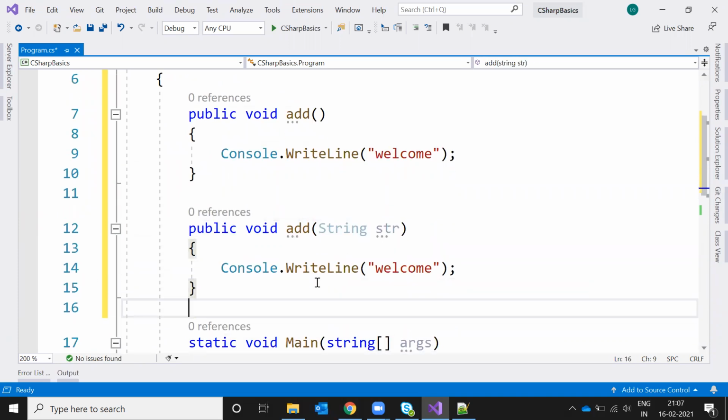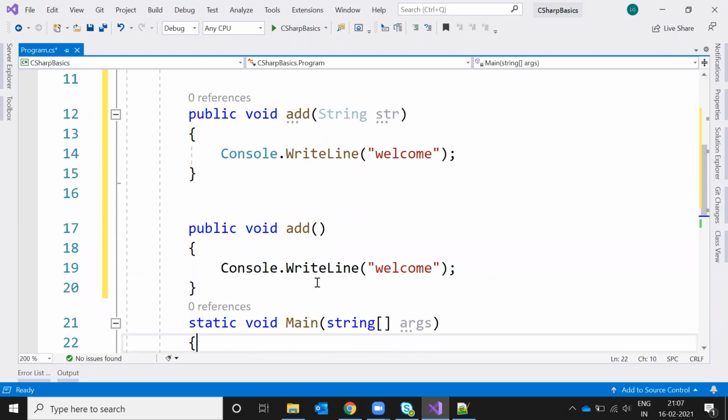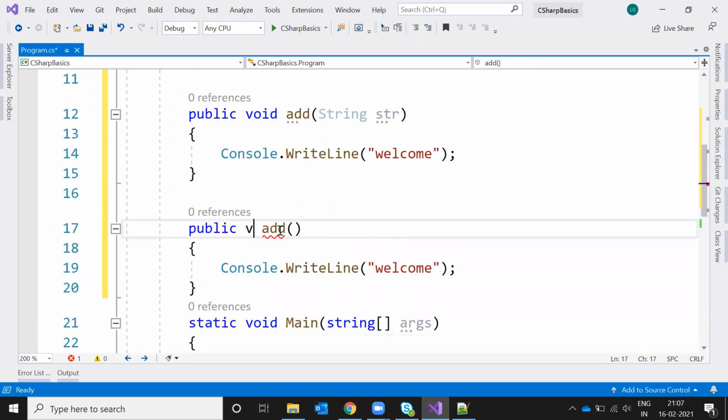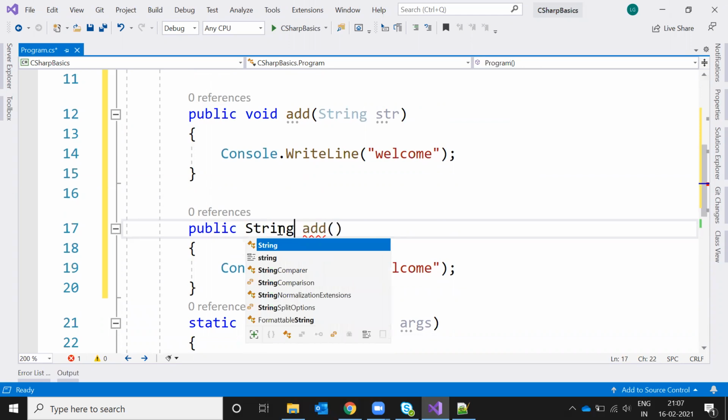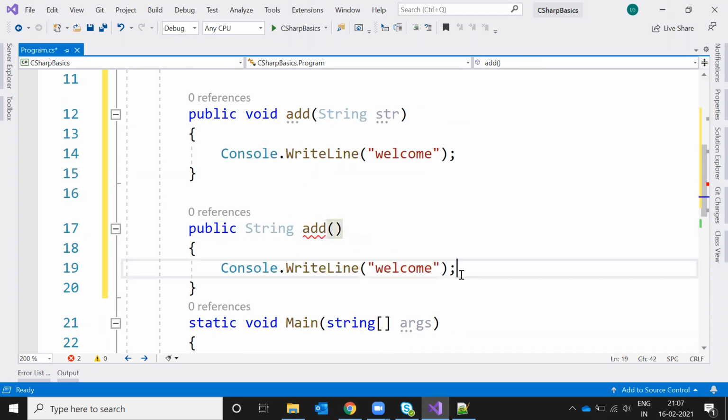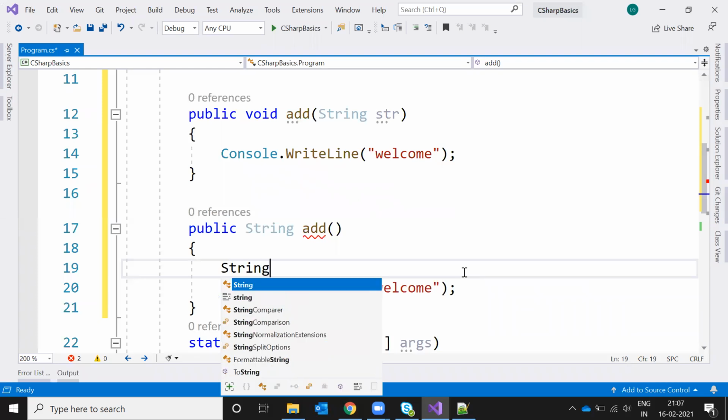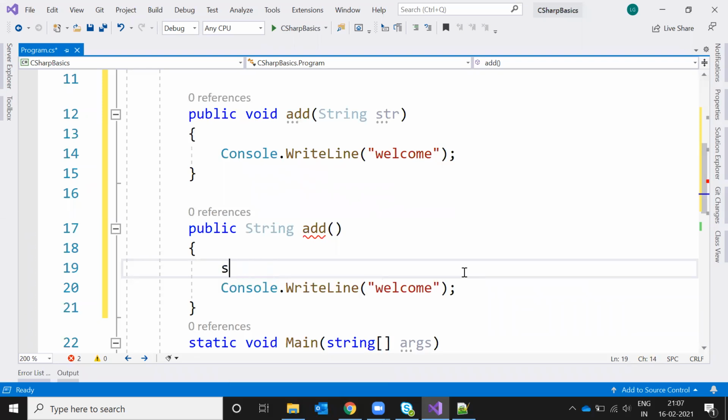We can also create a function with a return type. I'm going to use string as the return type, and it will ask for string str equal to "welcome, this is my string".